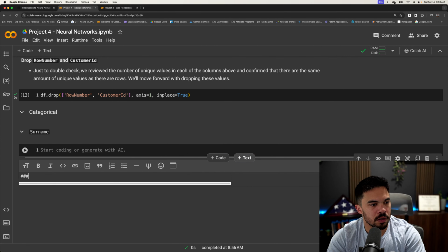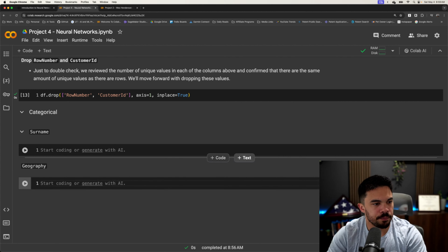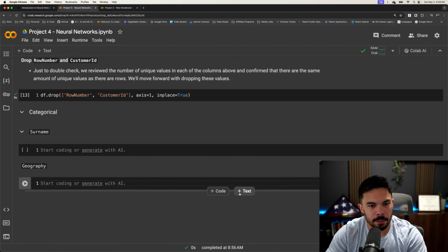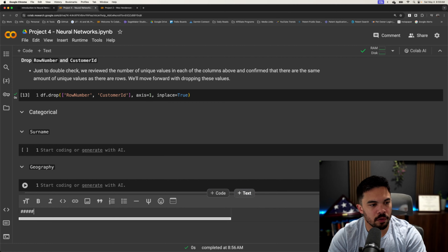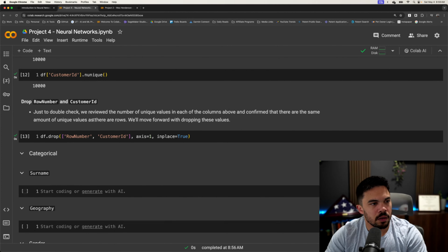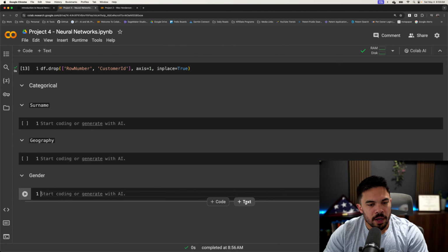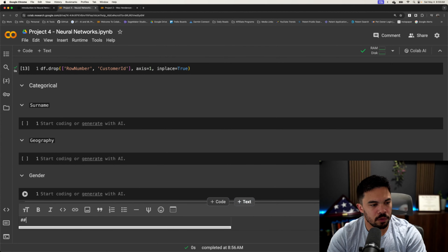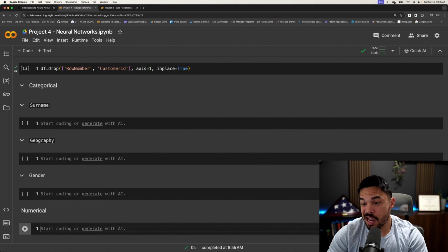Gender. So this will be geography, and this will be gender. And then we'll do numerical: 1, 2, 3, 4. Numerical columns. And there is where we'll pull